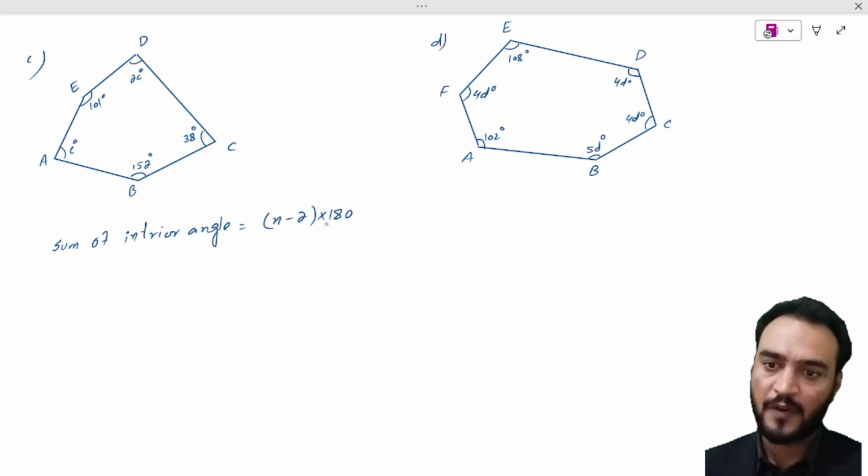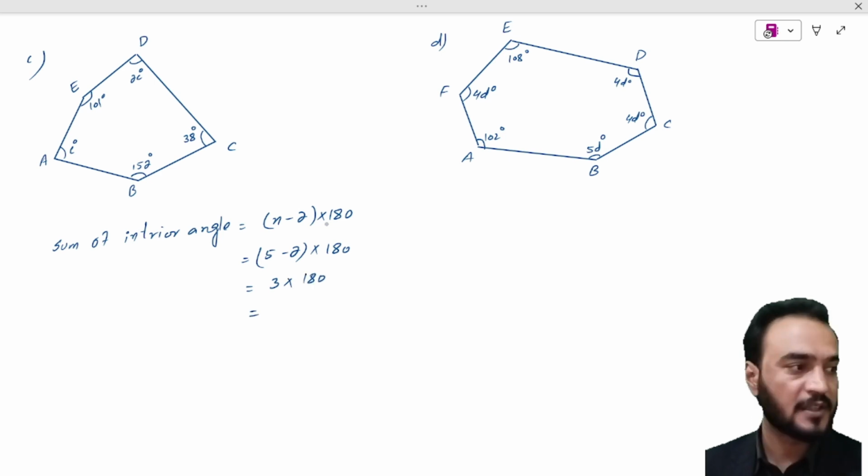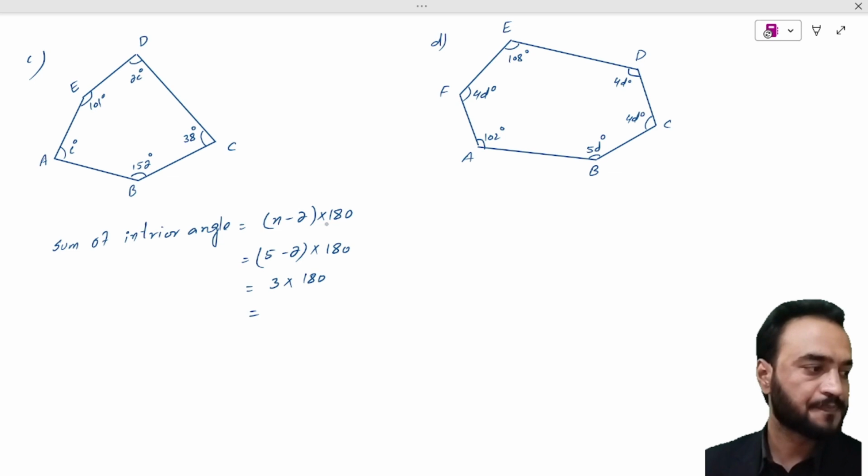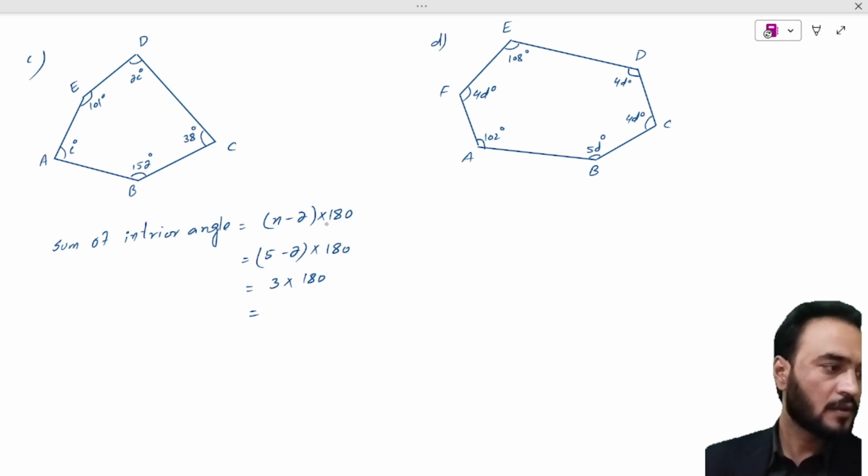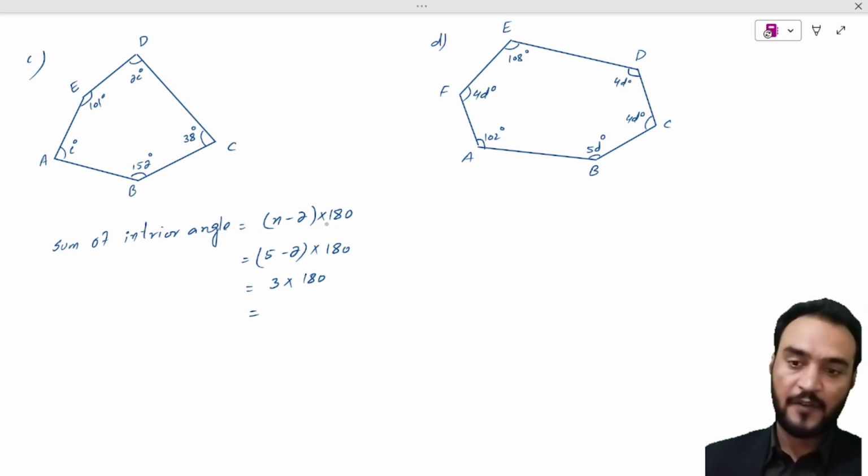We put the value of n equal to 5 because this polygon has five sides. 5 minus 2 times 180. This becomes 3 times 180. Multiplying 180 by 3, we get the answer, which is equal to 540,